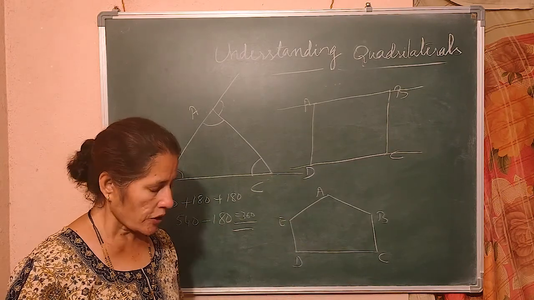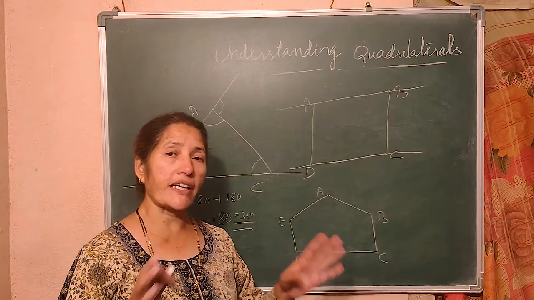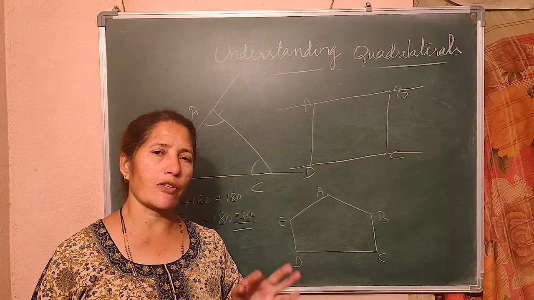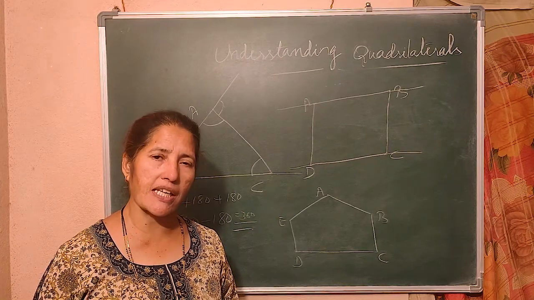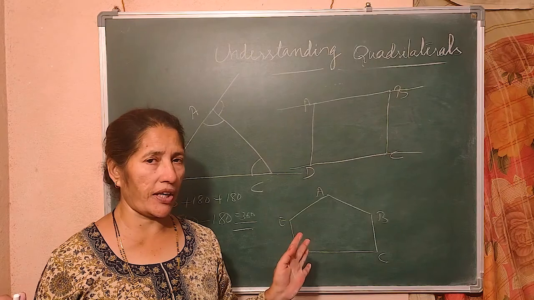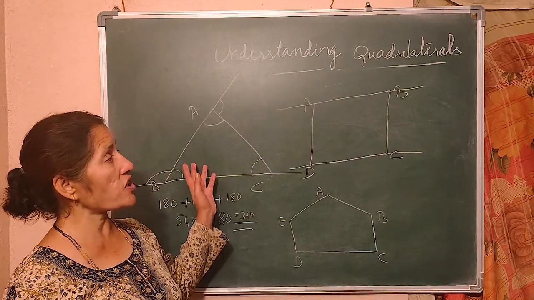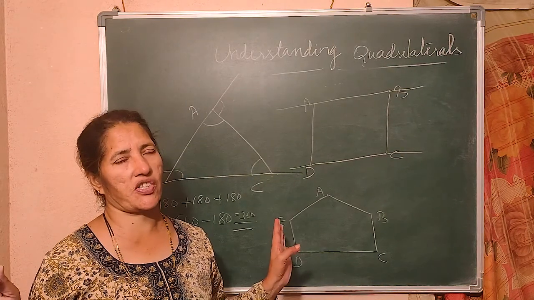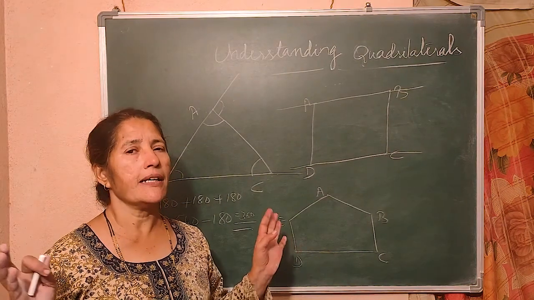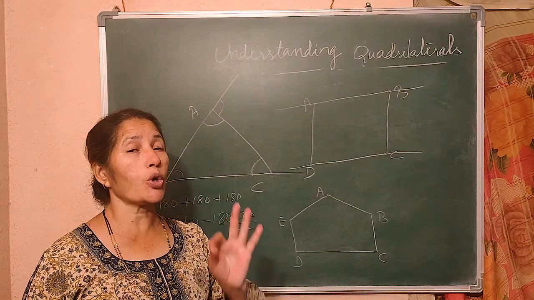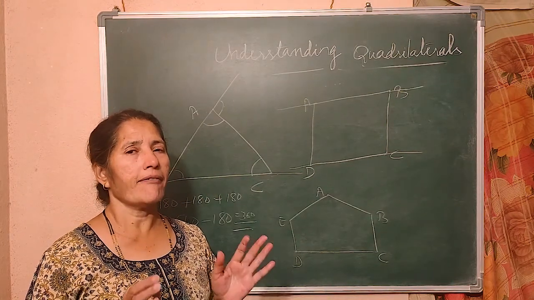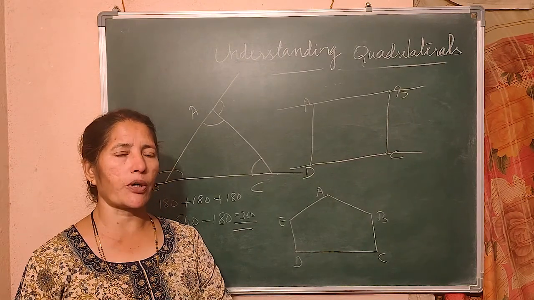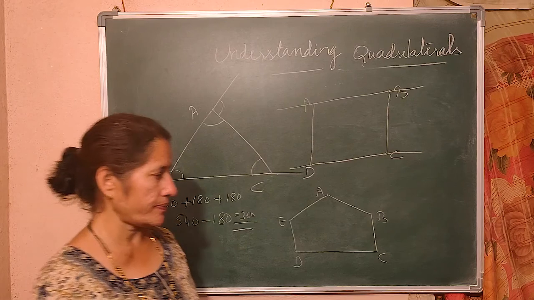You understand? So, what is the sum of all interior angles of a polygon? The sum of all interior angles of a polygon having n sides is (n minus 2) into 180. The sum of all the exterior angles of any polygon is 360. Did you all understand? So, let us go to the textbook and we'll discuss whatever is there in the textbook and verify our answers.